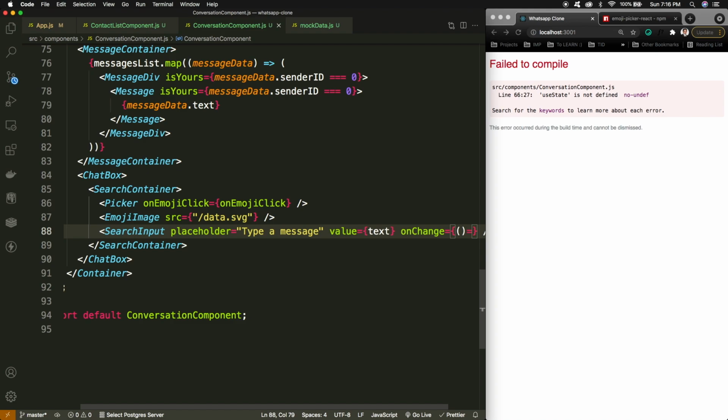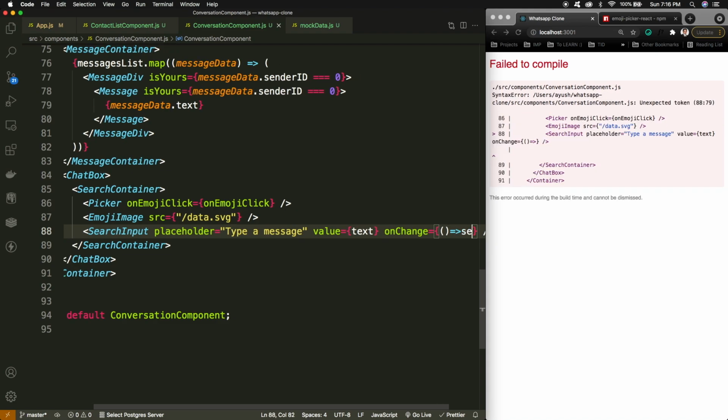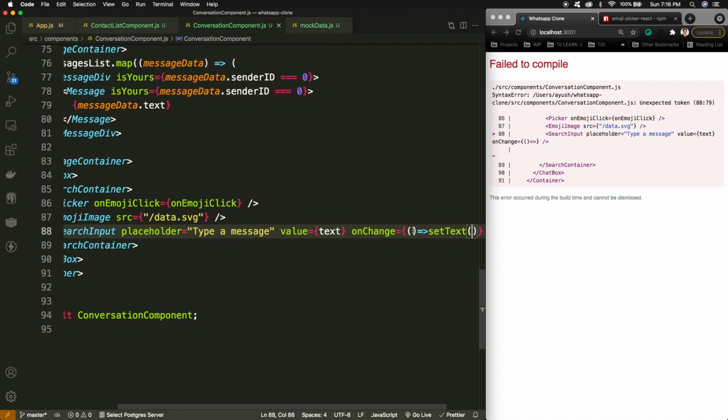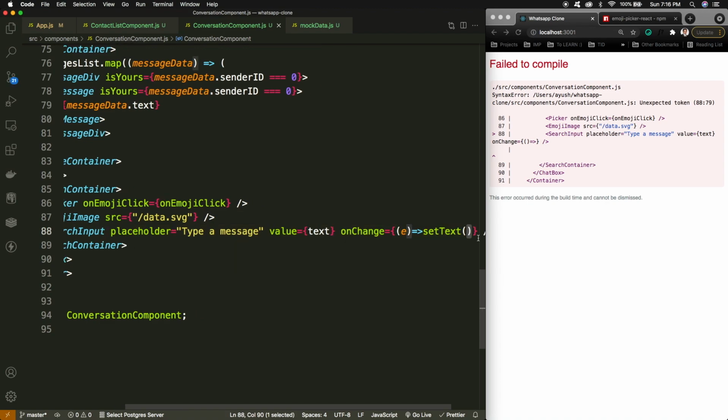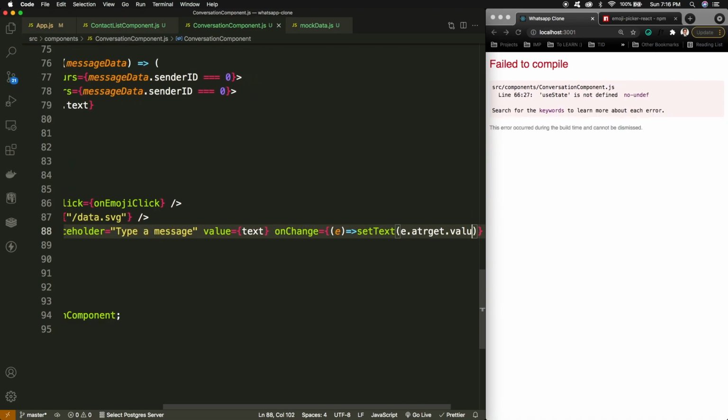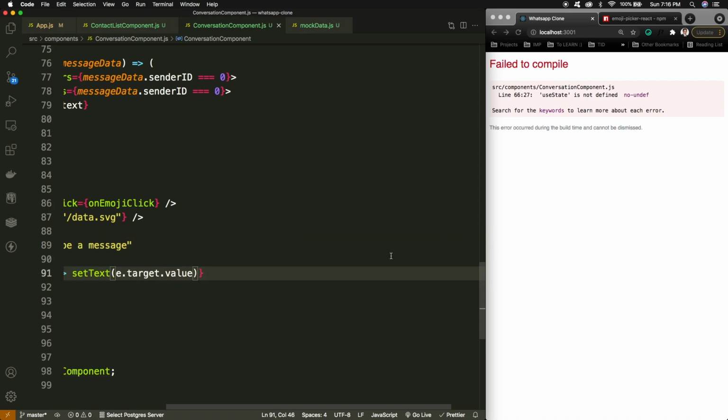So in the on change I'll be simply setting the text, set text, and here I'll be providing the event dot target dot value.